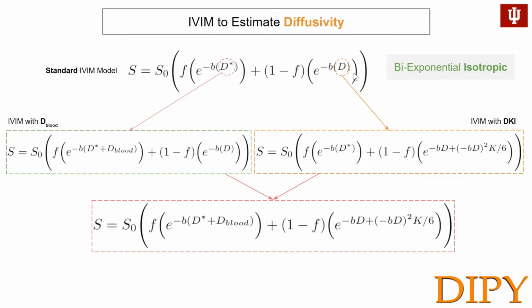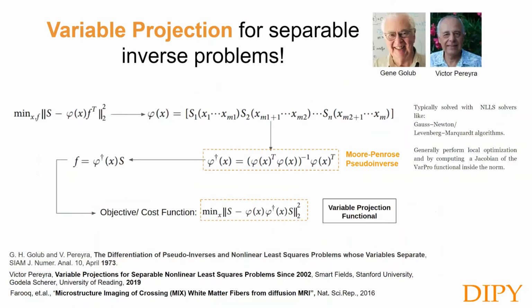So basically, variable projection implies projecting the parameters into their own separate subspaces, where the optimization is a little simpler and it will always converge to a better minimum. This was proposed by Golub and Pereyra back in 1973. We have been working with this method with Hamza Farooq, who first proposed it for microstructure imaging of crossings back